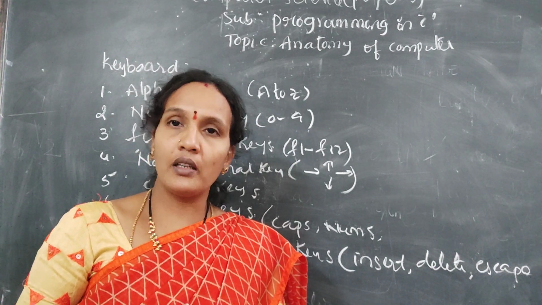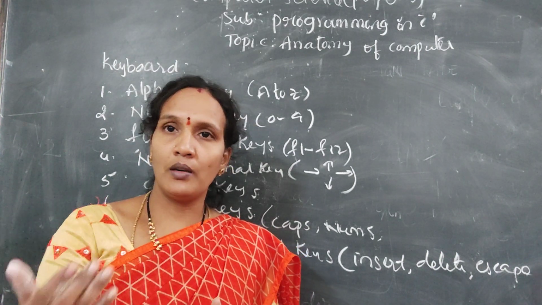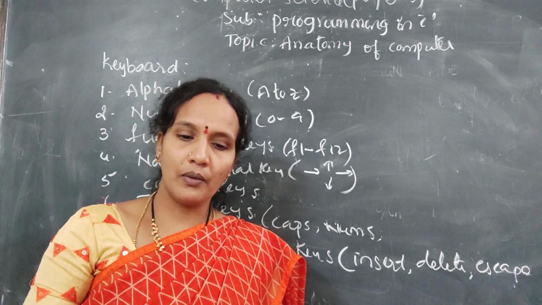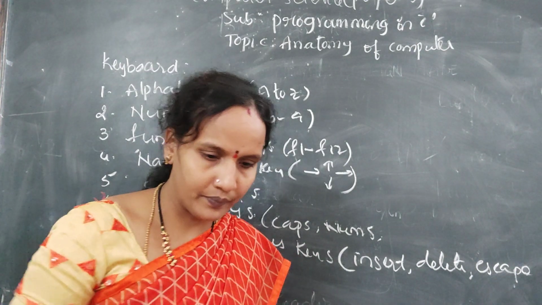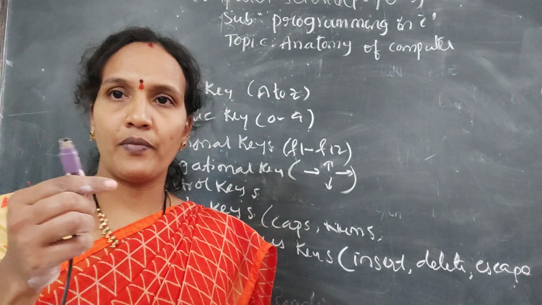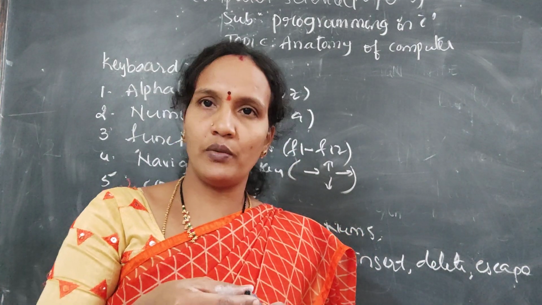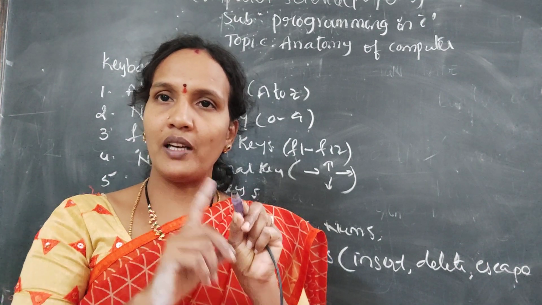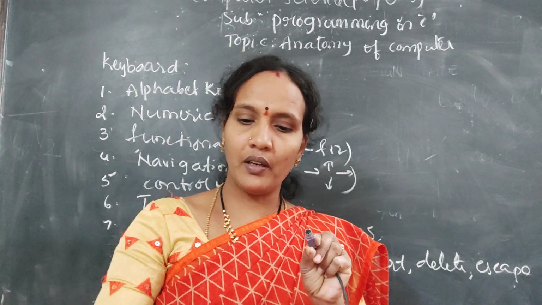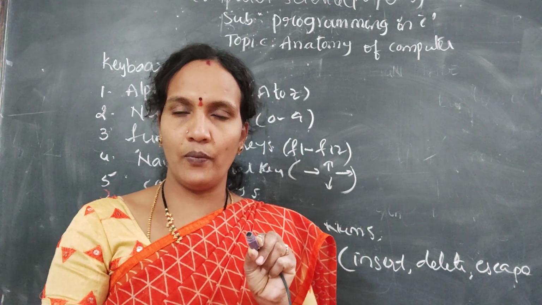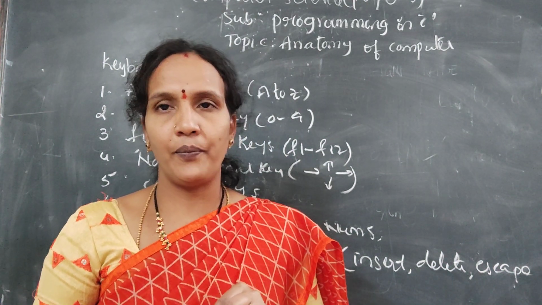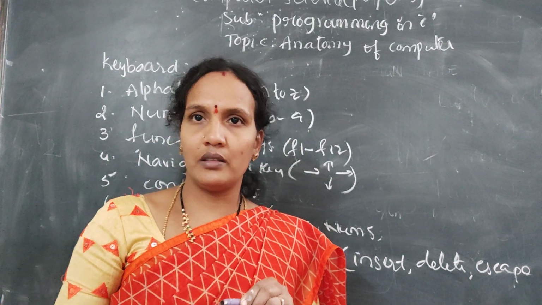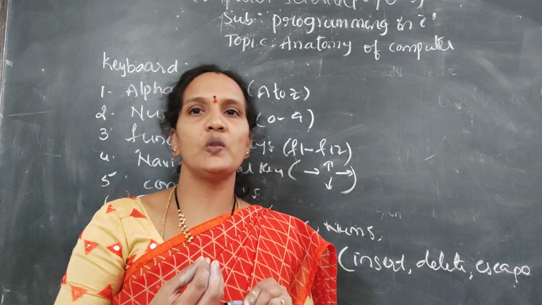Okay. These keyboards are connected to a system using a USB, like a charger. Charger pin is there, no, like that. For keyboard also you will get one pin like this. Some flat ones also you will get. Using this will connect it to your CPU. So when you connect this to your CPU, whatever characters you enter using a keyboard will be printed on the screen. Okay. So using keyboard, you can enter information and different instructions to a system.